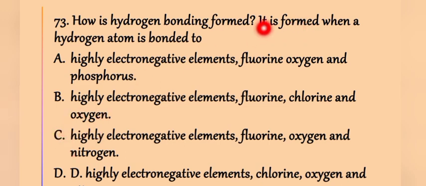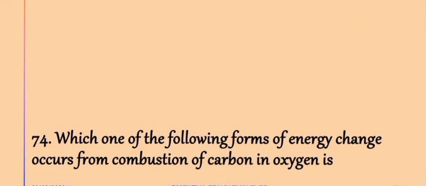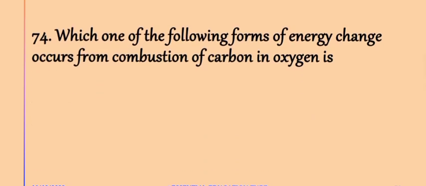Hydrogen bond is formed between a molecule that contains what? Hydrogen and a highly electronegative element like fluorine, oxygen and nitrogen. So the answer is C. Question 74: which one of the following forms